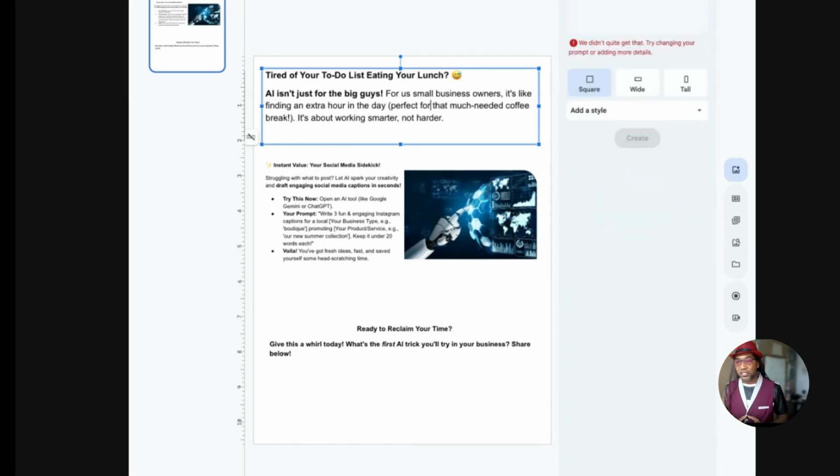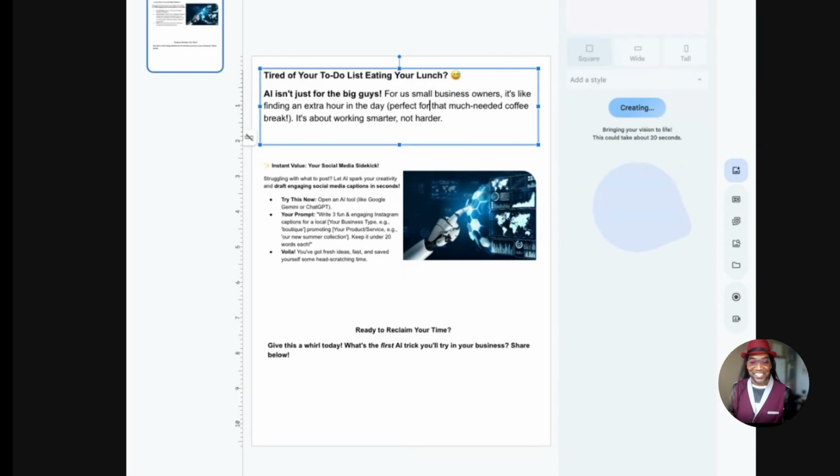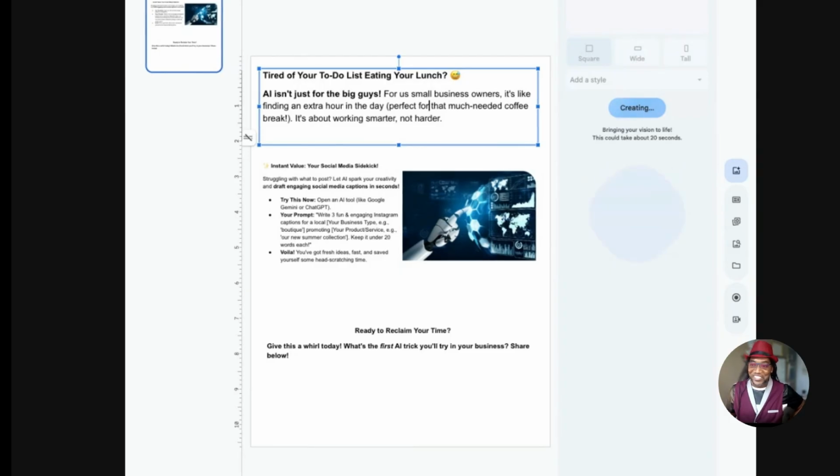Oh, it's taking longer than I expected. And then it dies. Beautiful. In the demo. You gotta love that. We didn't quite get that. Try it again. Give me an AI image that promotes my business for my presentation. You gotta love demos. Never works when you're doing it. I did this three times and it worked. Something always goes wrong. I keep my fingers crossed.